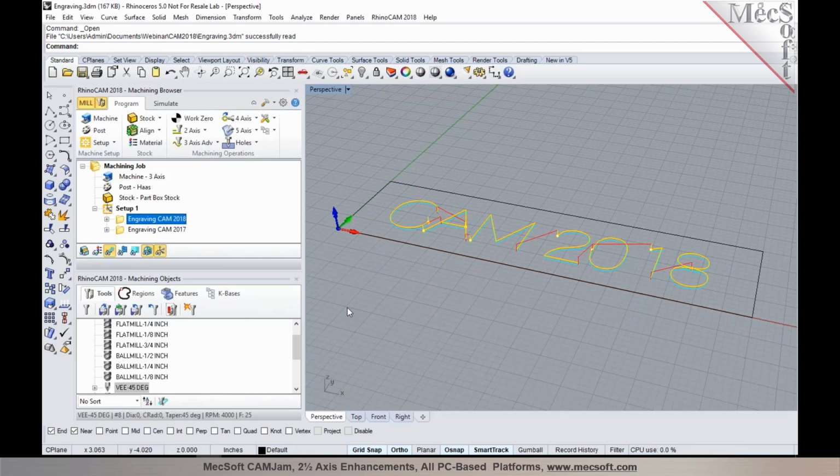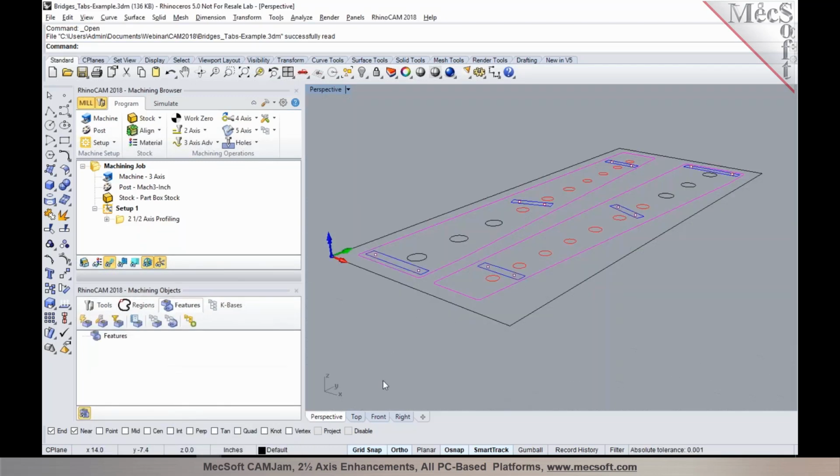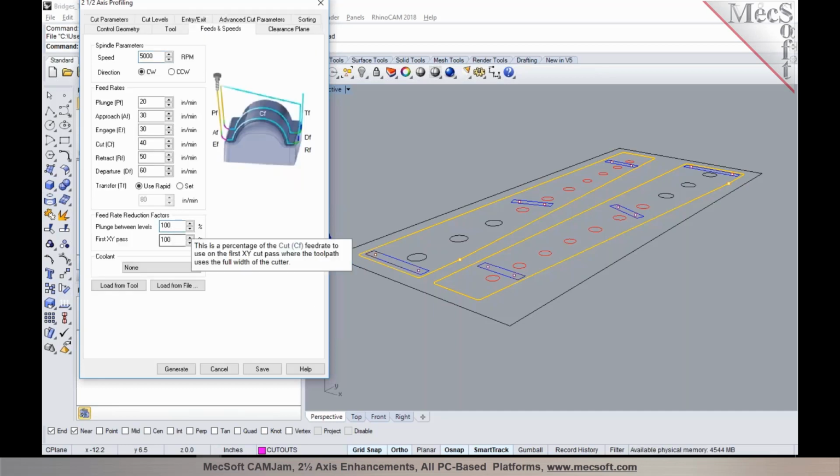Now, we also made enhancements to bridges and tabs in our version 2018, and I'm going to go ahead and give you an example of that in a profiling operation in here. So in 2018, we've now added a new option under bridges and tabs where you can reduce the feed rate on descending motion. So this will allow you to reduce the feed rate by a percentage of your cut feed rate, and this percentage of your cut feed rate can be set under the Feeds and Speeds tab under Plunge Between Levels. So for example, if I set the feed rate to be 10% of the cut feed rate,